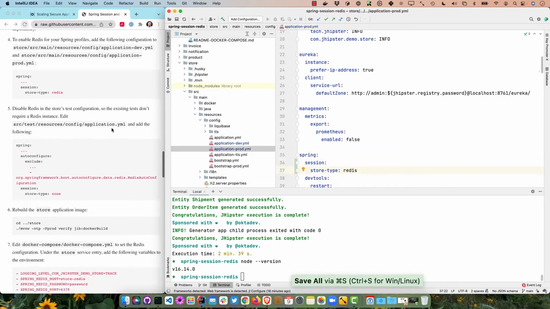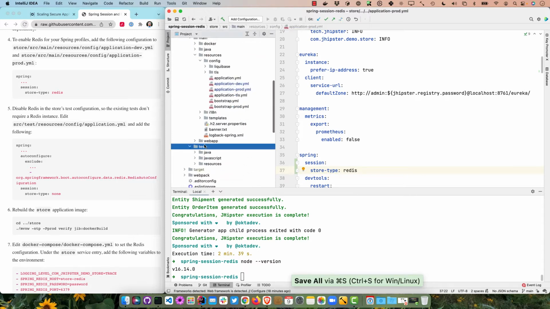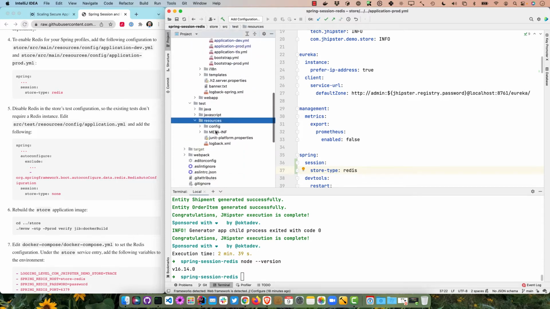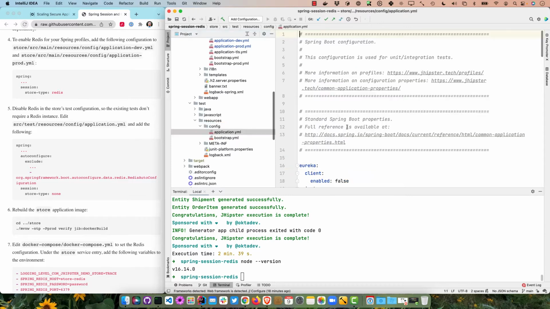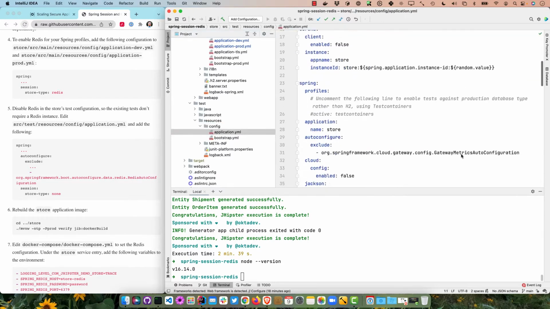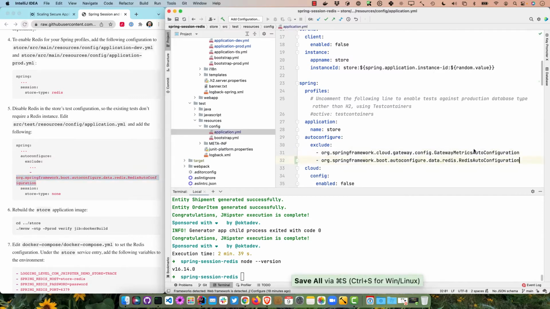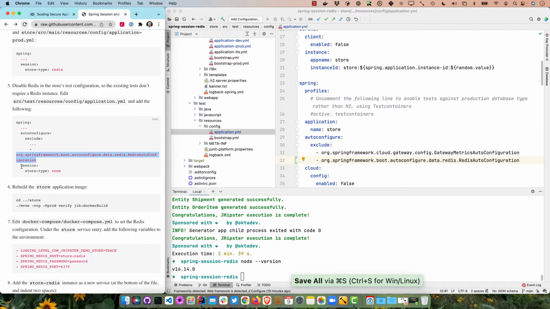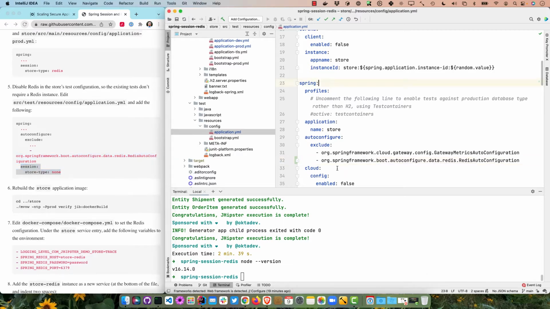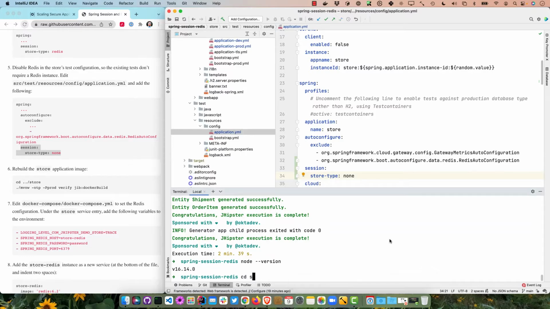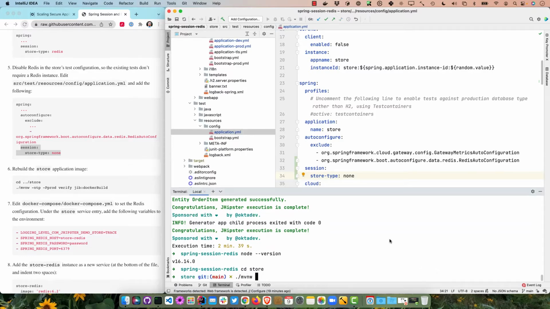And then we'll disable it in the tests because we don't want to really deal with it while we're testing. So down here there's some excludes for auto configure, so we'll add this one here. And then we'll also set the session store type to none. So we'll just do it right here. Again, if you want to do it alphabetically, you certainly can, but you know how YAML is, so just make sure you get your indents right, and you should be good to go. And so now we'll cd into store, and we'll run that mvn -Pprod verify jib:dockerBuild